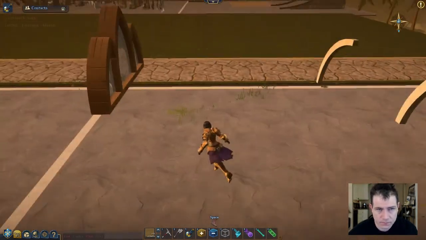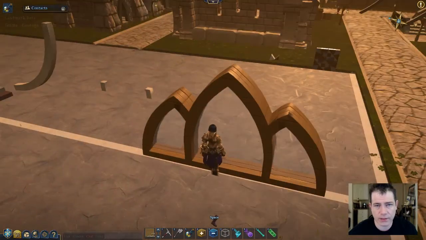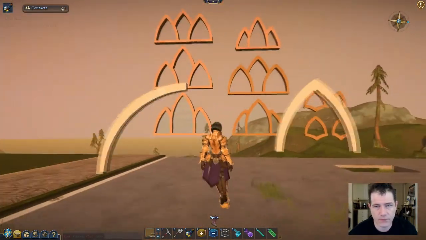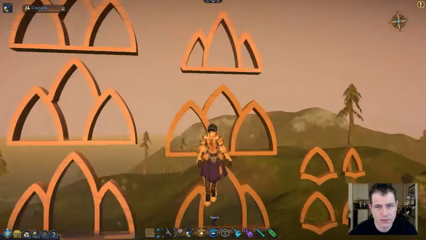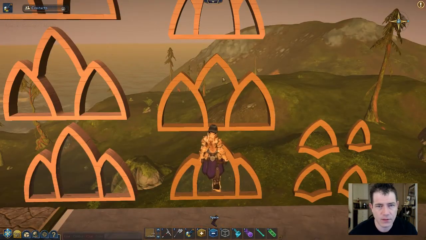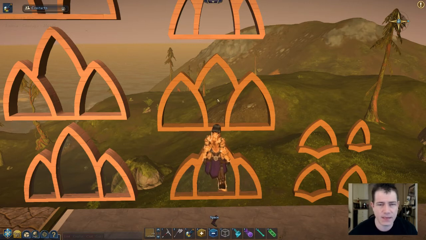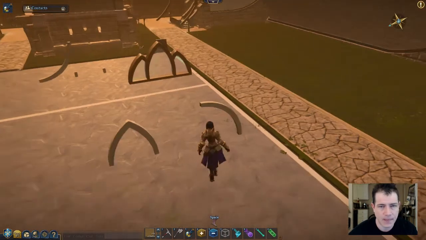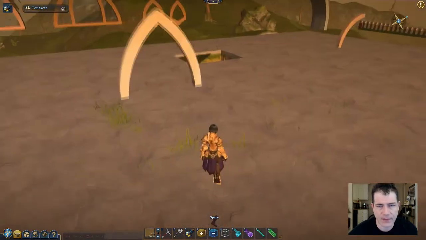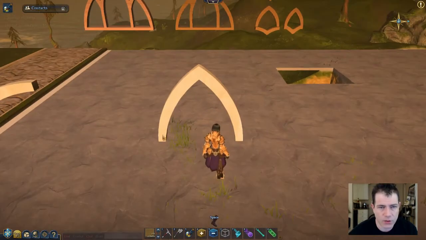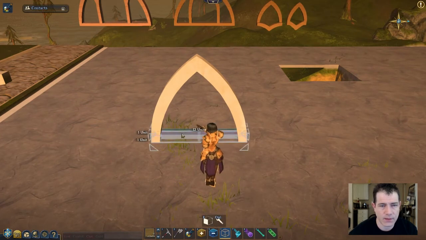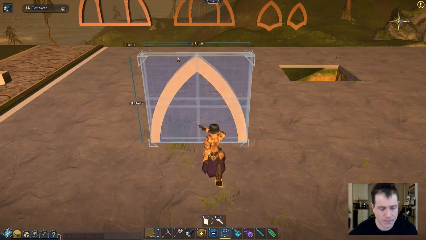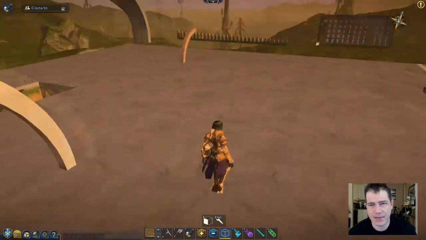Now that's just one. Now if we want to do the reverse, which is like this one here, it works the same way, except we use these as the ones we pop in. So let me go ahead and drop that in and do that really quick. We're going to use that same archway that we used before. So let me grab this, pull this up, do a Control-C to copy,